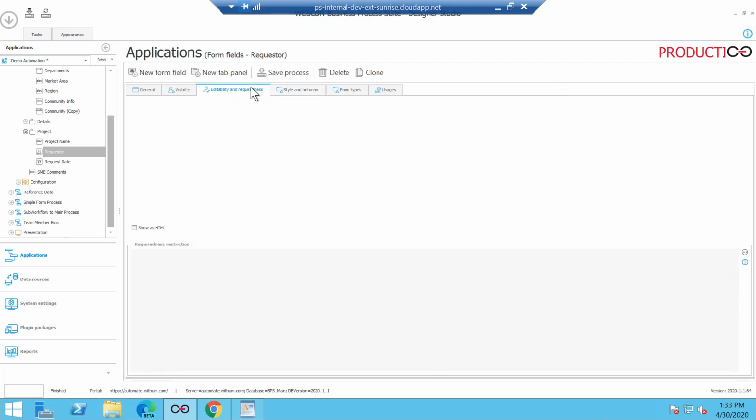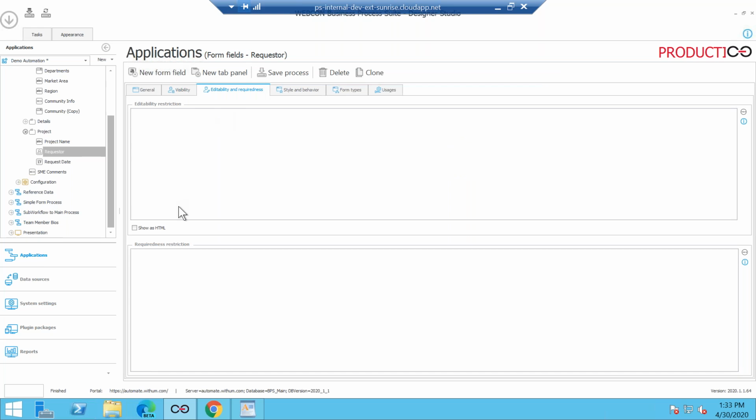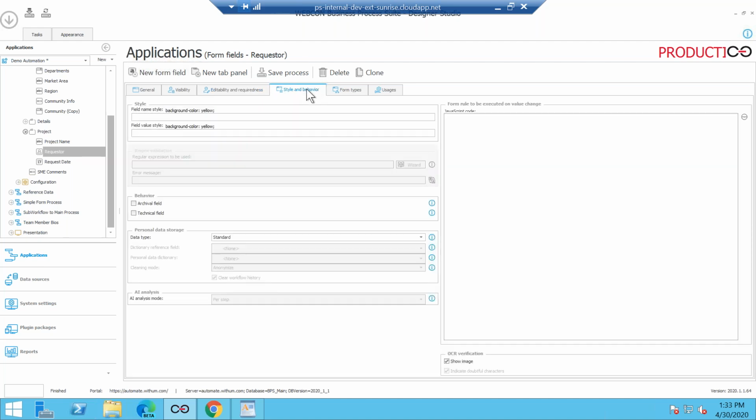You can do the similar feature for editability. Who do you want to edit? When do you want a particular field to be required? So these are some things that you could drag and drop rather than having to write code. Similar to that, we have a style and behavior, and I think we have used it immensely in our project, especially when it comes to drop down. So if I'm changing the value of a drop down, I want certain rules to be executed. I want certain fields to change their colors or look different, and so on and so forth. So that's simple as well.